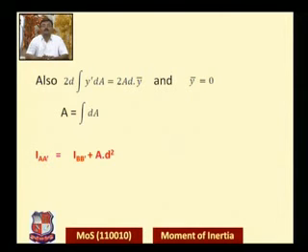In this equation the capital A is the area of the lamina, then I_BB' is the MI of the given area or the lamina about the centroidal axis, and I_AA' is the MI of that area about the axis parallel to the centroidal axis. And remember, d is the distance between the centroidal axis and the axis parallel to the centroidal axis. Now this is a very important theorem, and we will use this theorem to find out the moment of inertia of the different lamina.